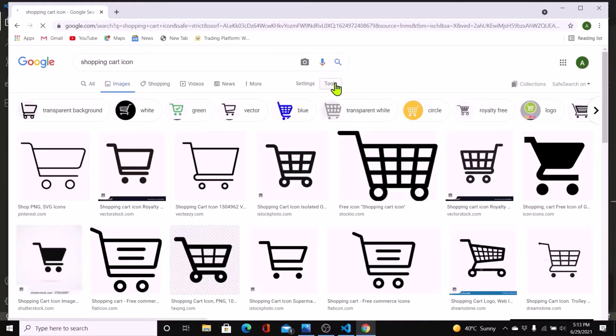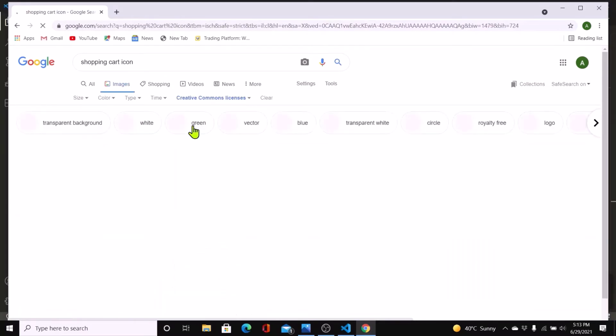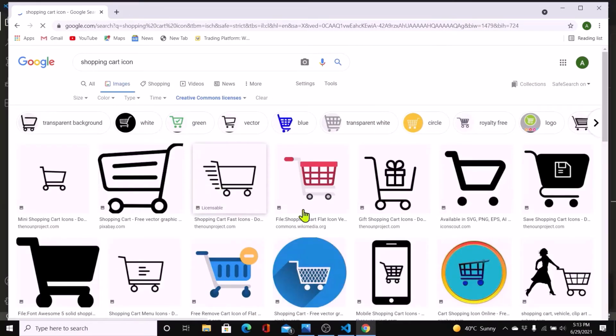Then tools, usage rights, Creative Commons. Right, and then you can choose whatever you like from here. Right, alternatively you can look at the themes here. Okay, and then select